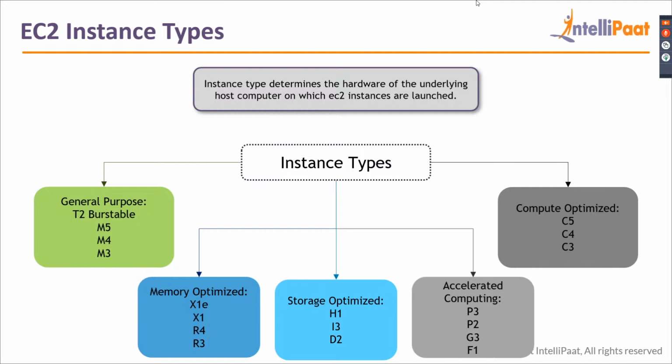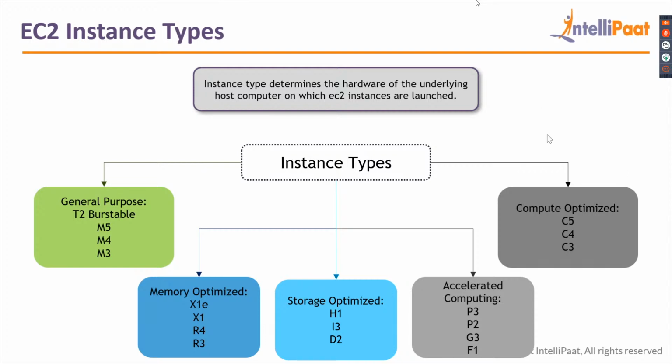Compute optimized, again, these are a few other types of services. So this is basically compute in the sense it provides you a lot of compute capacity. That is, you'll be able to process a lot. For example, if you're running multiple programs and scripts, you can do that in the compute optimized instance types.